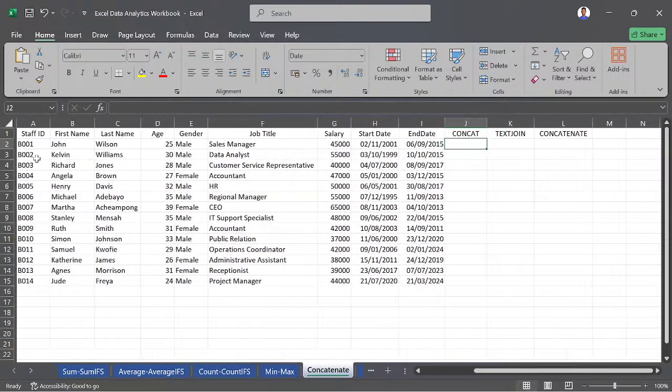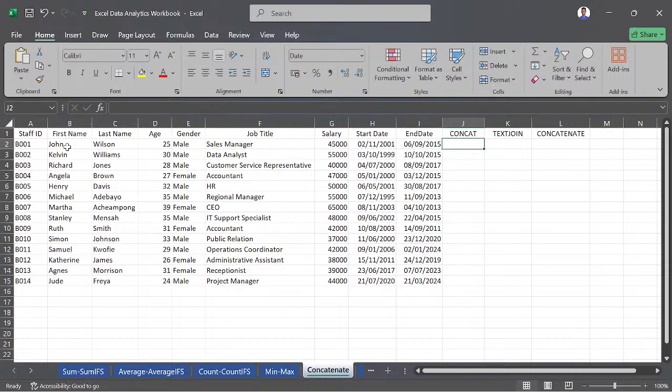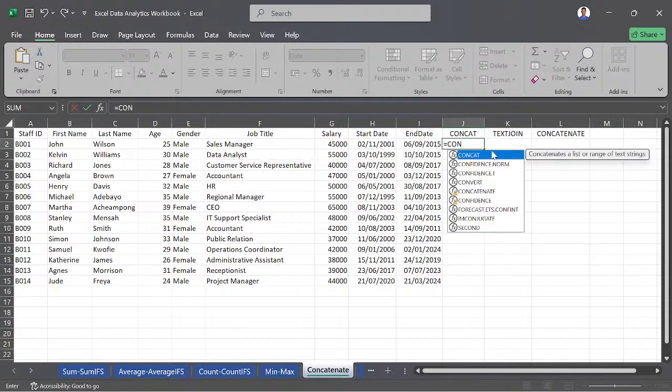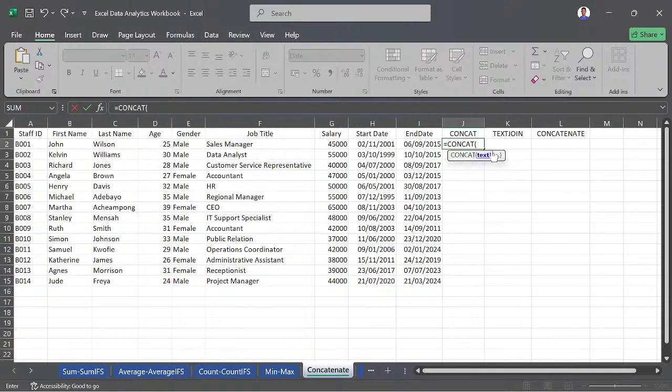If, for example, we have the first name and second name, but if you want to put all of them together, how do we do it? You can use the TEXTJOIN or the CONCAT function. So if I say I want to join the two together, equal to, I'll use the CONCAT,